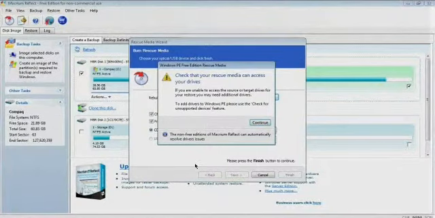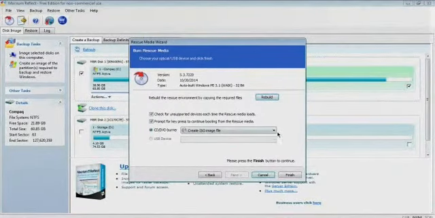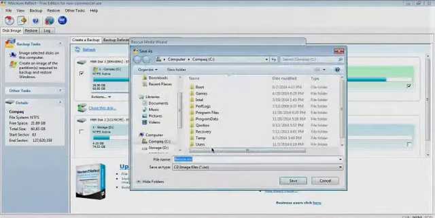Okay. Check that your rescue media can access your drives. If you are unable to access the source or target drives for your restore, you may need additional drivers. Okay. It creates an ISO file. That's what we want. And then you just hit finish, and it's creating the rescue